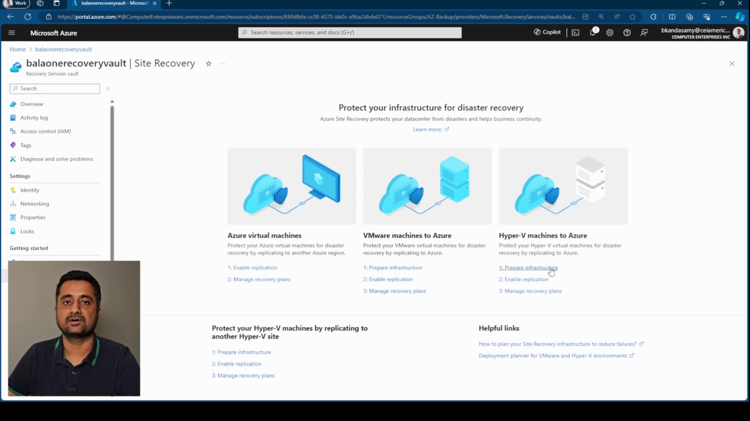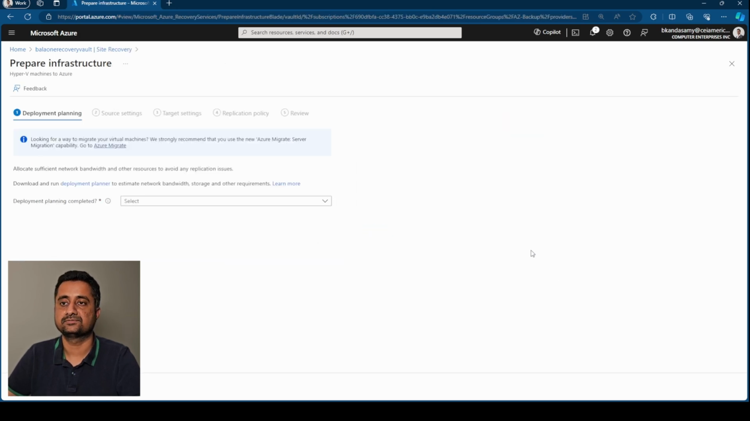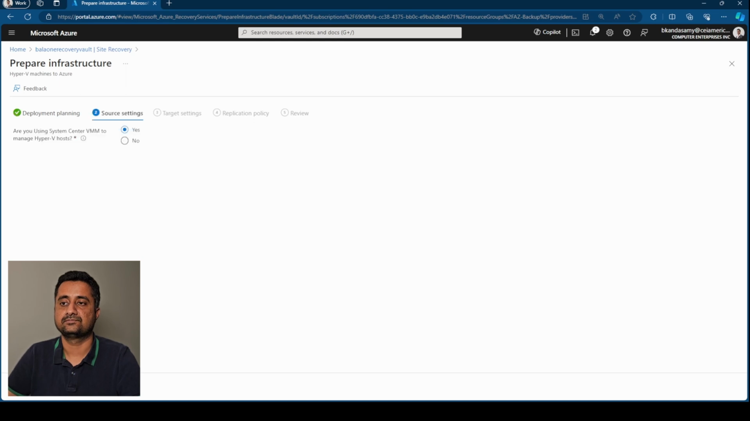Once you click on prepare infrastructure, it's going to give you a few options. Have you done the planning? Because the network bandwidth will be a problem when you're pushing in virtual machines, which are huge in size. So you could say, yes, I've done it. Are you using a System Center VMM? In our case, no. So the next thing you need to do is create a Hyper-V site,